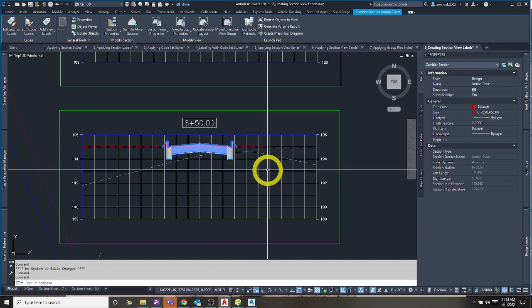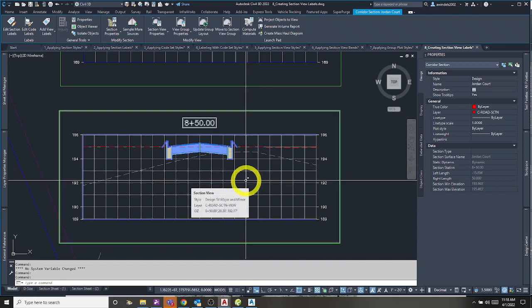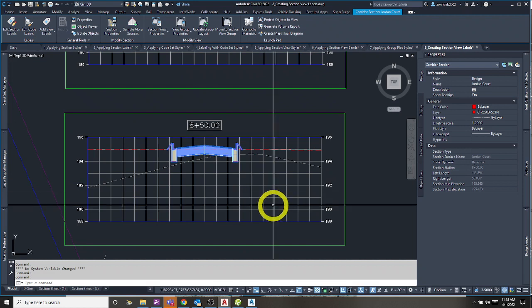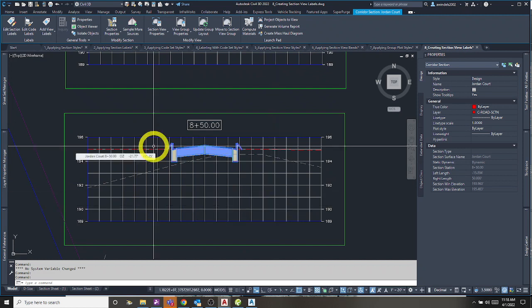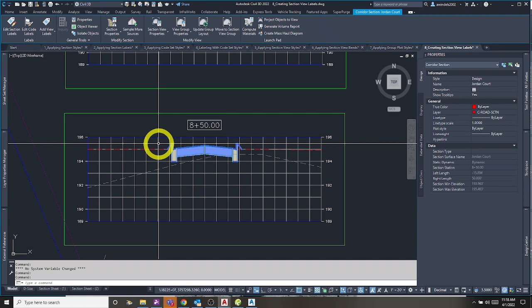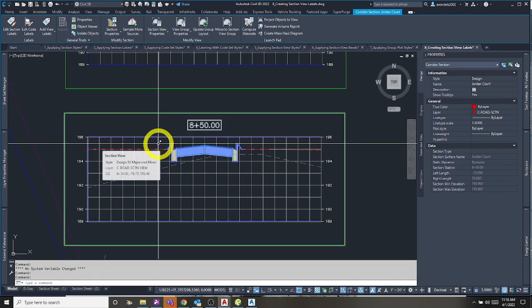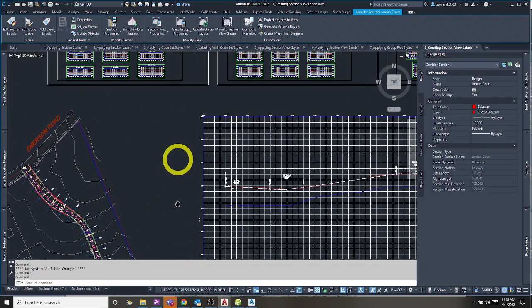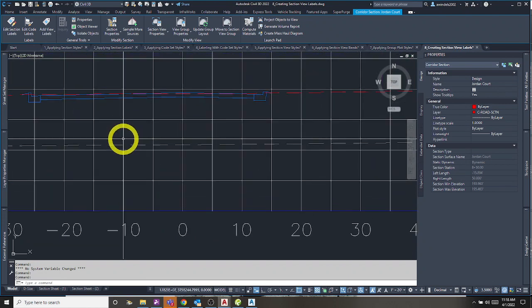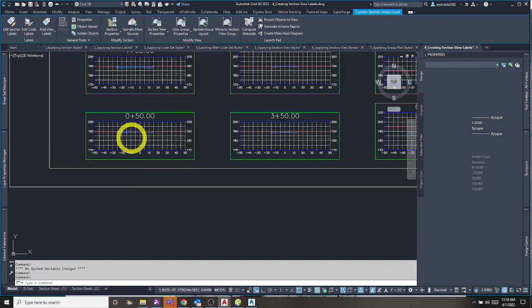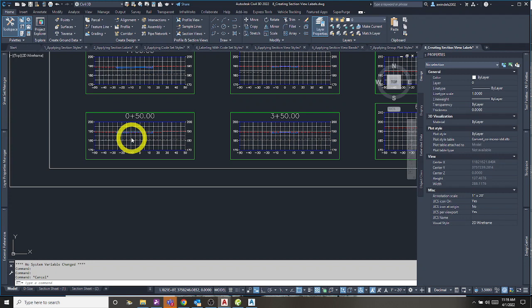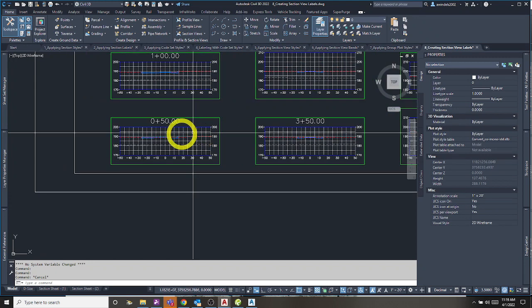So let's zoom back into this one second and make sure I'm at the right one. My drawing isn't set up right away to be zoomed into the correct area, but it says the first section view on the Jordan Court where the road is widened to accommodate a turn lane. So I believe this one will be fine. I'm pretty sure it's 50. It'd be just easier if they said go to this station, but